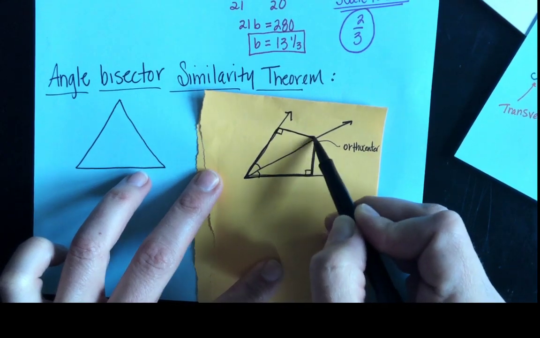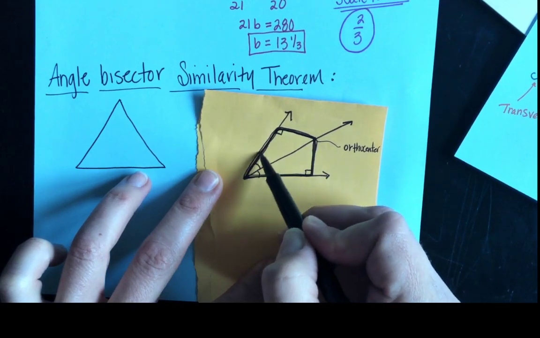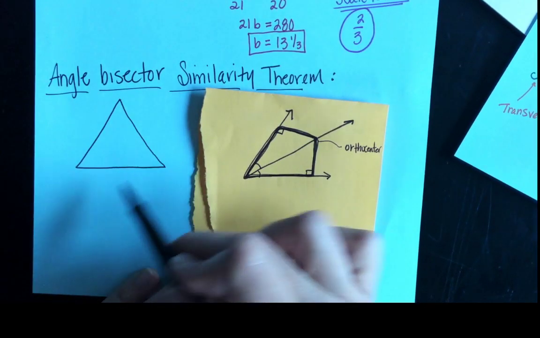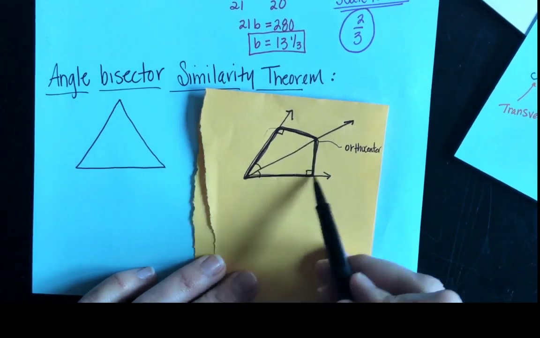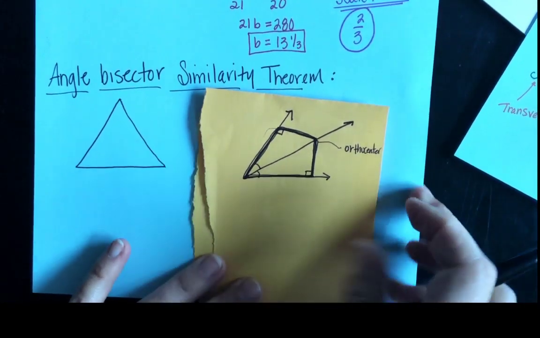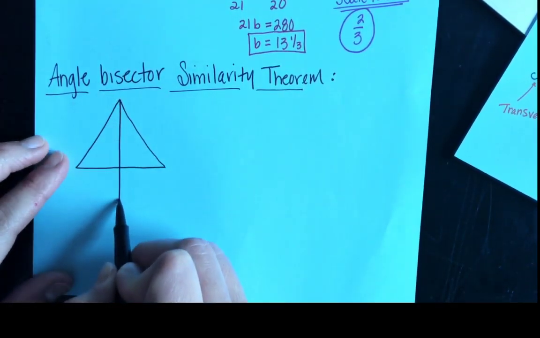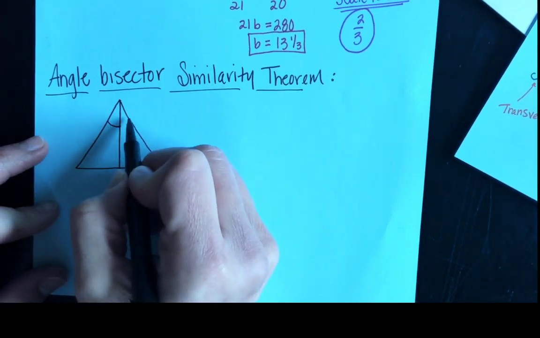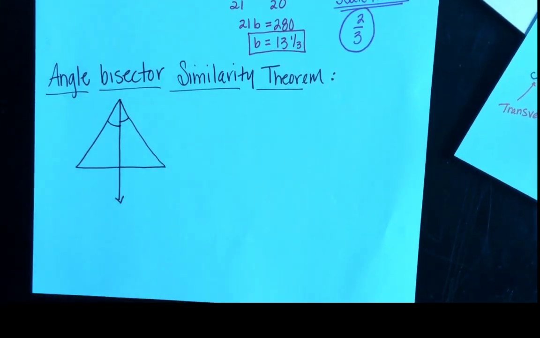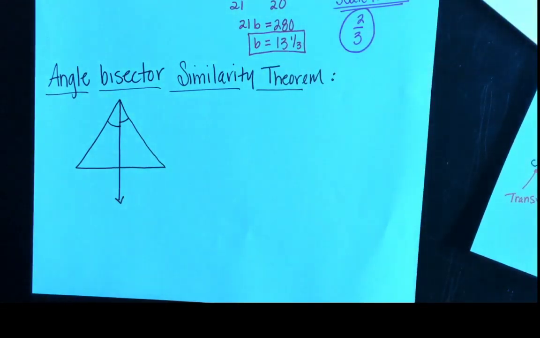So what we looked at in our segments, our angle bisectors with our medians, altitudes, that chapter, this and this are going to be very different. This has four sides when we closed everything off. So we're not going to be talking about this situation. Notice I'm starting with a triangle, and then I'm going to put an angle bisector in here. So it goes straight across. And what this tells me when we write this part out is that if there's an angle bisector,